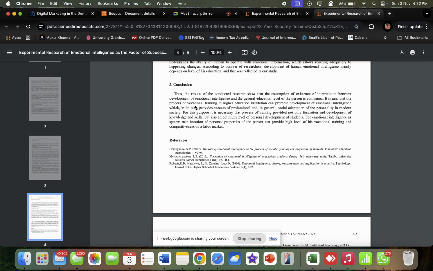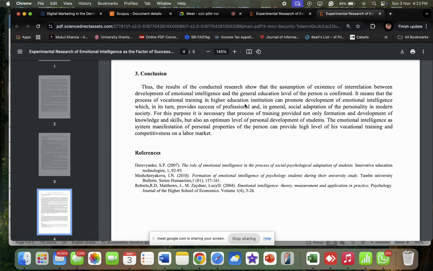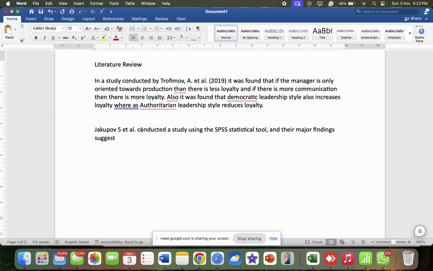It means that training in a higher education institution can promote development of emotional intelligence. So basically what they are writing over here is vocational training at higher education. Higher education is a place where you are doing your graduation or post graduation. So if there is some vocational training, the chances are that the emotional intelligence will be higher. So we can also write down over here major findings suggest that if there is vocational